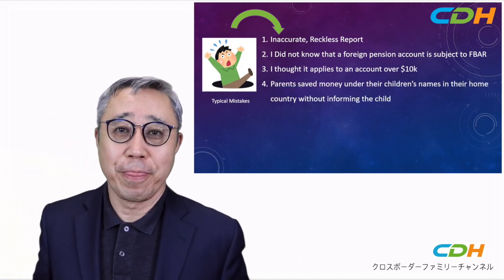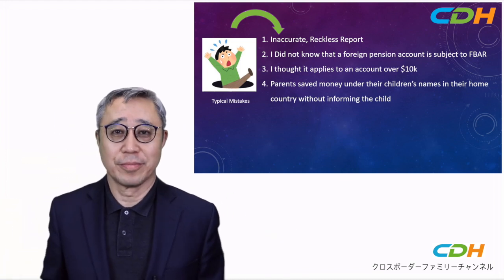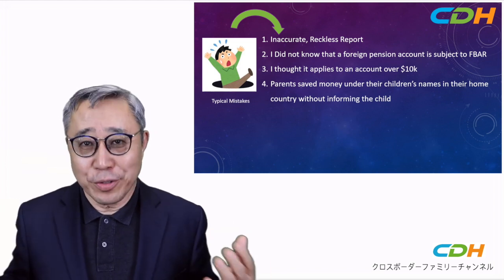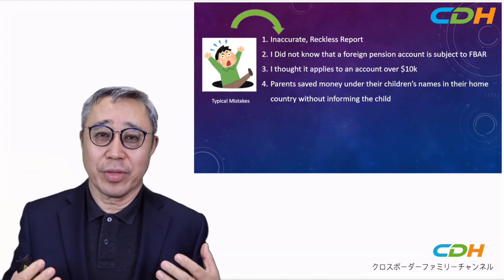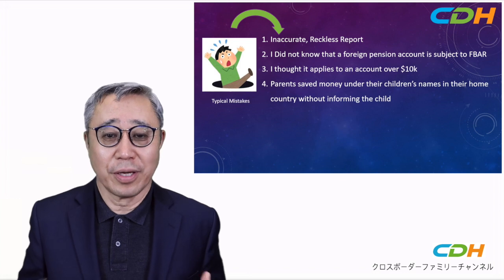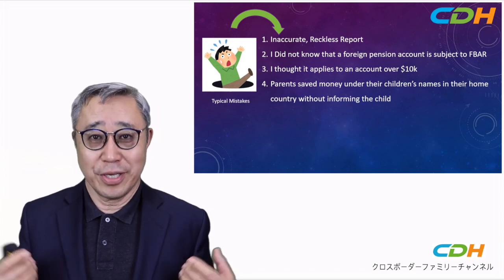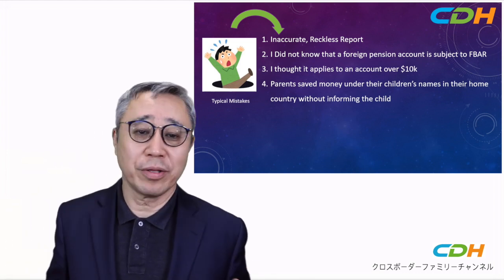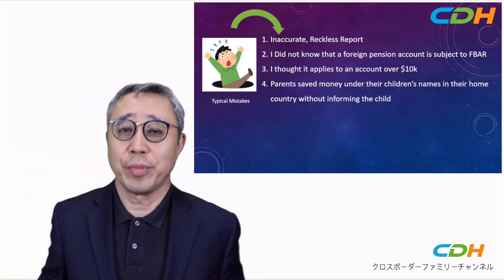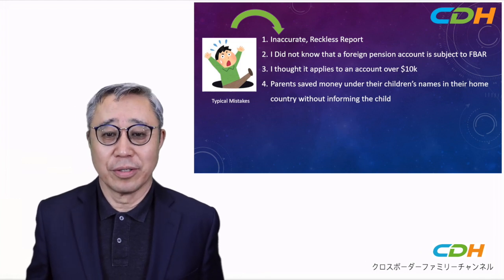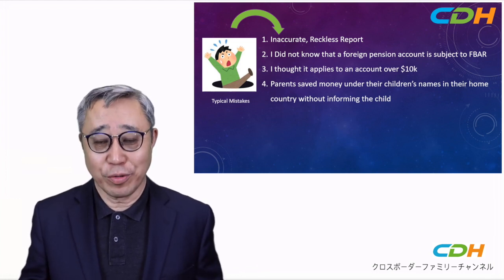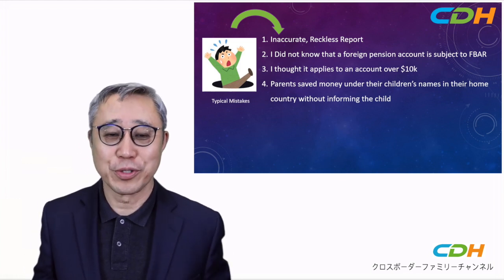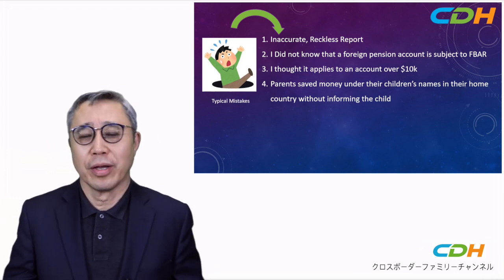Number 4, parent. My parent, I didn't know. I didn't know that they saved money under my name until yesterday. Parents saved money under their children's name in their home country without informing the child, or without informing the children. Probably would be more accurate English. Anyway,